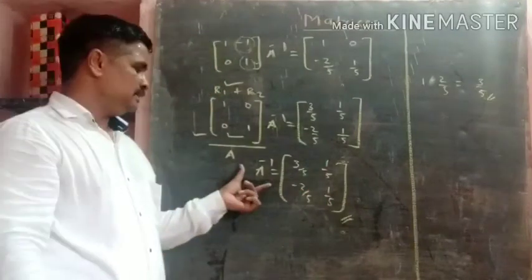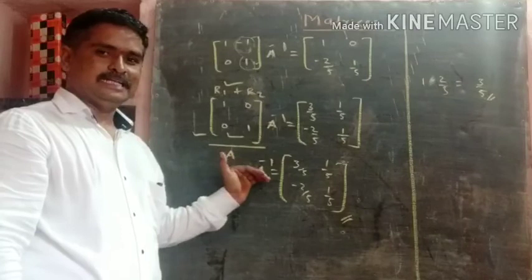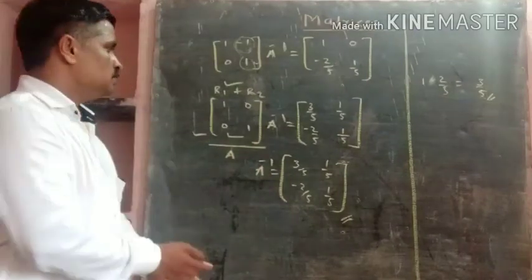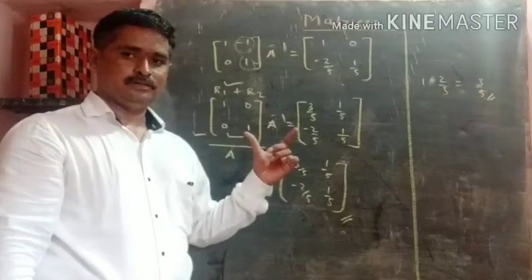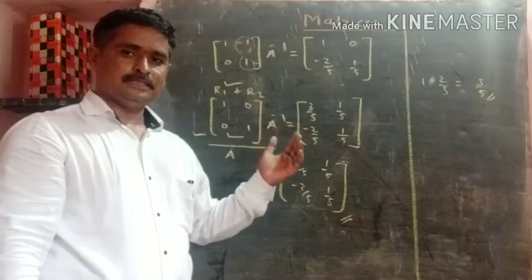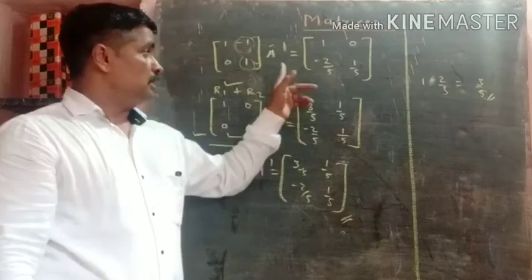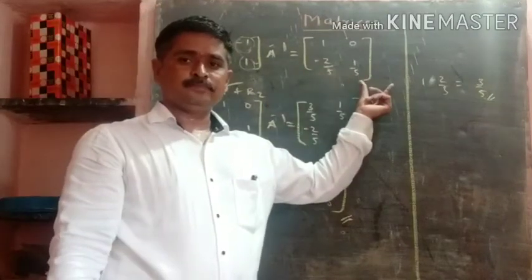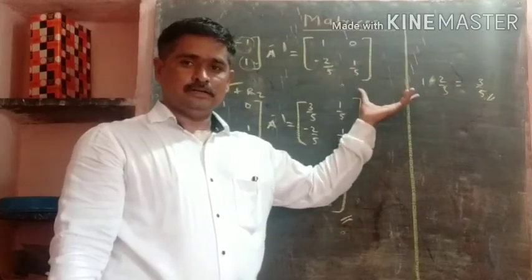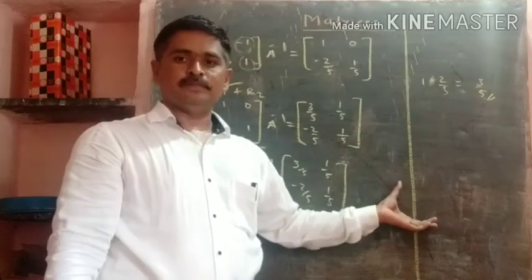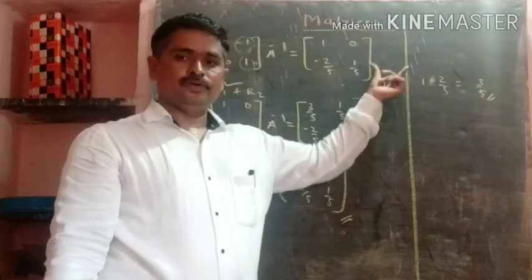So it is a very interesting thing to find out the inverse of a matrix by the elementary transformation method. So observe this example. We have given one matrix. After this we have to find the inverse of the matrix. For this purpose we determine the determinant of that matrix. If it is 0, then no need to proceed further to find the inverse of the matrix. If it is not equal to 0, then we follow this procedure.